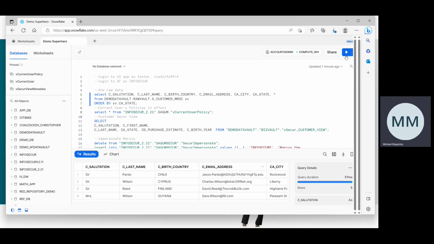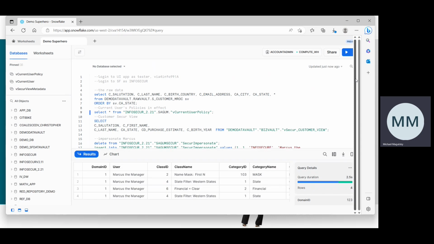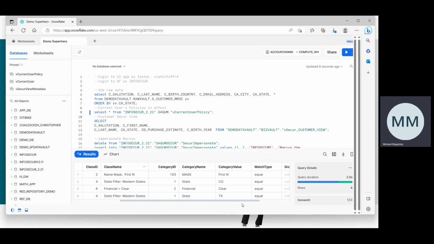run his query against the customer data from Snowflake. You can see Marcus, the manager, here. We're just running a query in Snowflake, and it tells us exactly what we just saw through the UI. Marcus does, in fact, have access to the Western states, Colorado and Texas, clear financial data, and masked first